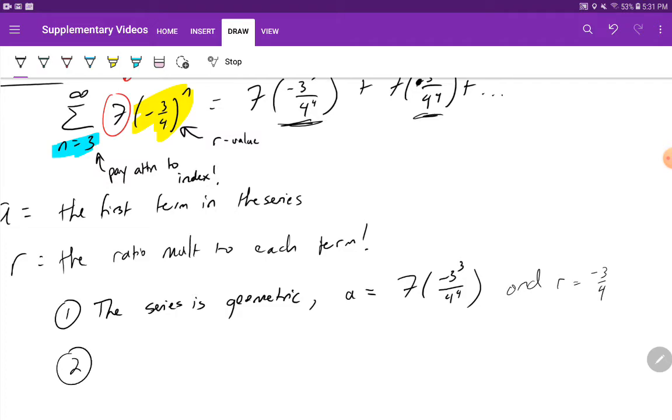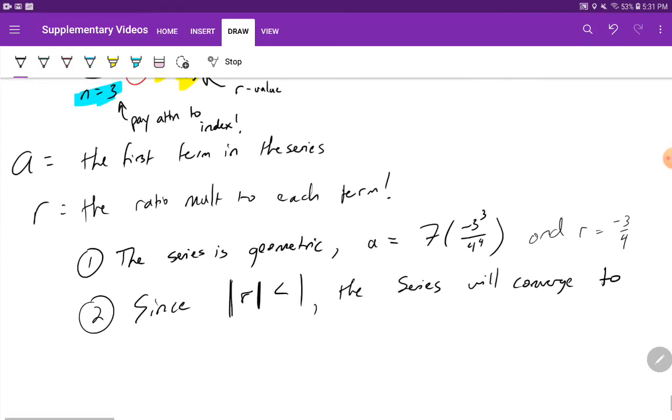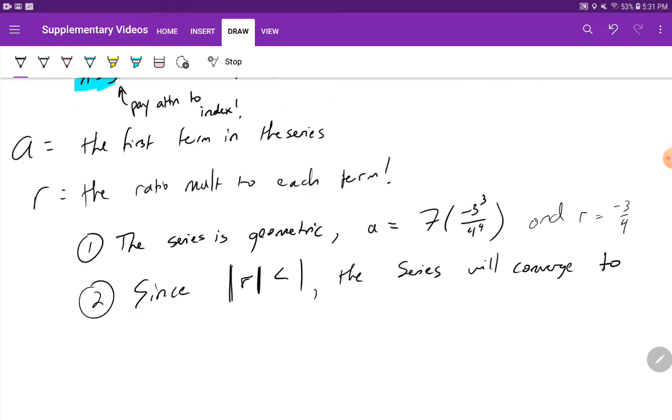Second thing, since the absolute value of R, which is equal to 3/4 in this case, is less than 1, we can just go straight to the formula. We know the series converges. We just use the formula. Why? Because this is a converging series, where the common ratio is less than 1, and it's geometric, right? So it's going to converge to S equals the first term, which is 7 times negative 3 over,